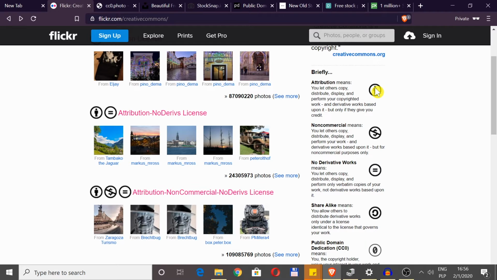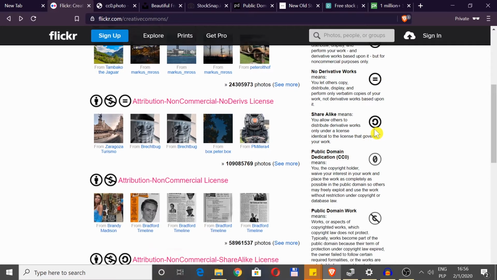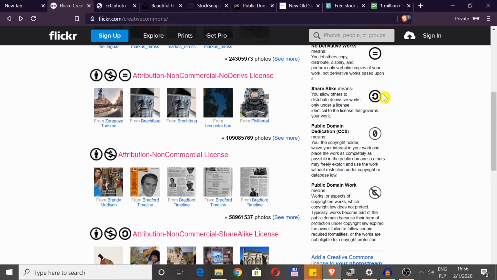The first one means that we have to add attribution. If we use the image, we have to mention who the author is and where we got the image from. This symbol means that we cannot use this photograph for commercial use, it's only for non-commercial. This one means we cannot change or edit the given photograph. This one means that if we change a photograph in any way, we need to redistribute it on the same